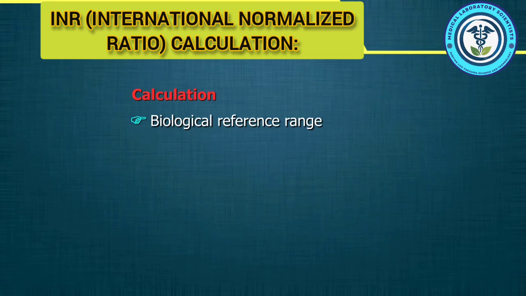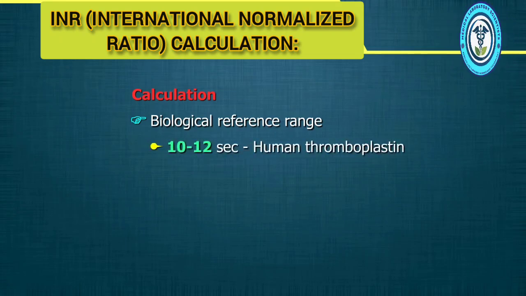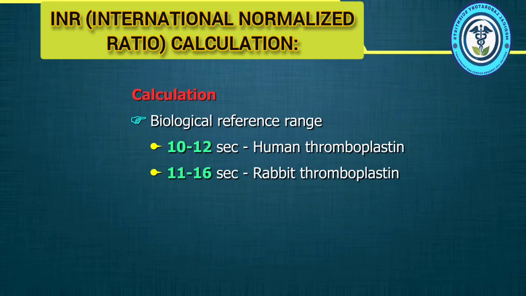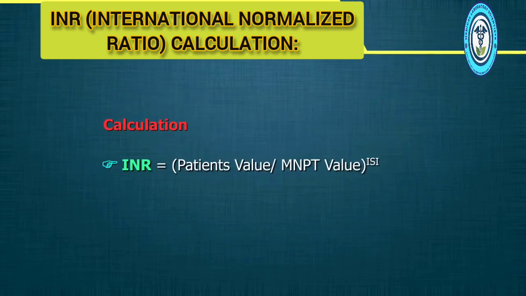The biological reference ranges stated in the literature are generally between 10 to 12 seconds for human thromboplastin and 11 to 16 seconds for rabbit thromboplastin. However, this cannot be used for patient reporting. Every lab is required to calculate the MNPT and the biological reference interval or range as per the above method. Once the MNPT is known, INR can be calculated by this formula. INR is equal to patient's value divided by MNPT value raised